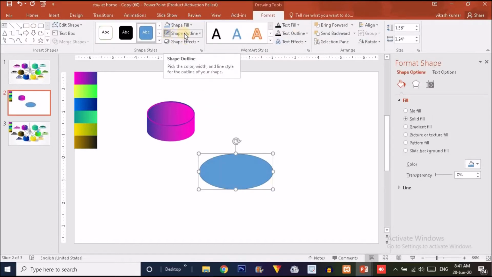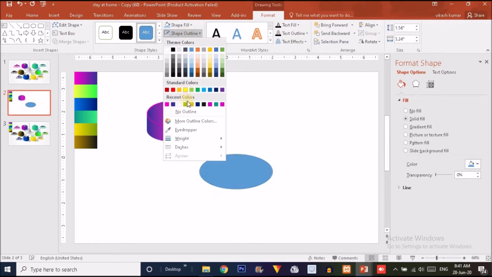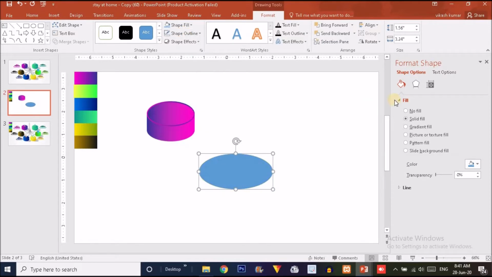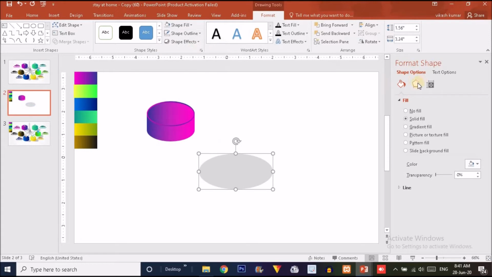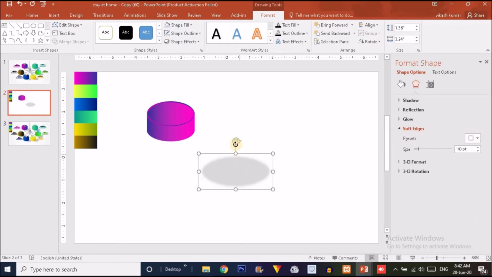Now make the outline no outline, and the shape fill should be something gray like this color. Now click on the shadow option, click on soft edges and choose 10 points over here. Now I'm going to move it like this and place it over here.